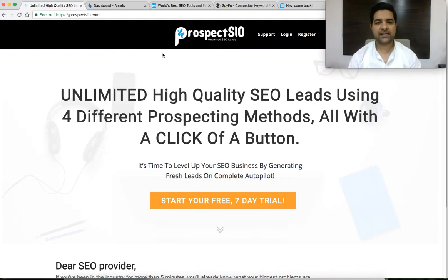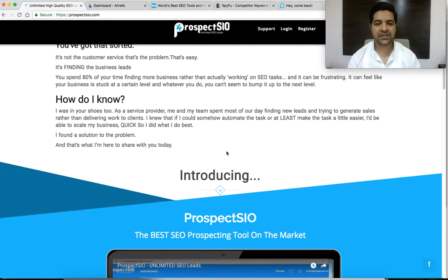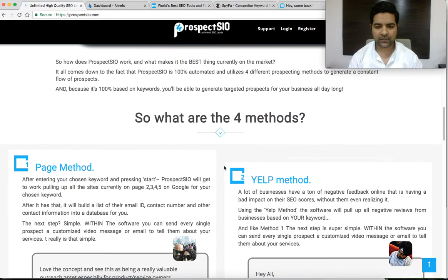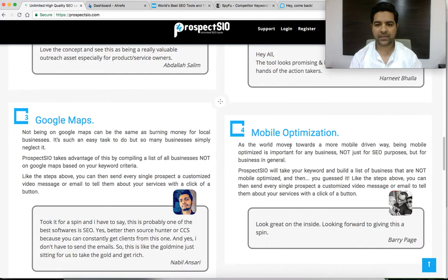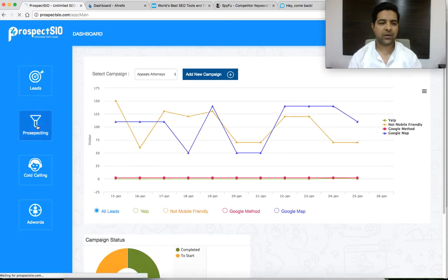So the first tool I suggest is Prospect SEO. With Prospect SEO, you can build unlimited high quality SEO leads for your SEO business. You might be a freelancer who is trying to get some SEO business. So this is the perfect tool, and it will pull up leads using 4 different prospecting methods. You can go through this page and check what exactly that is. So I'll give you a quick demo on